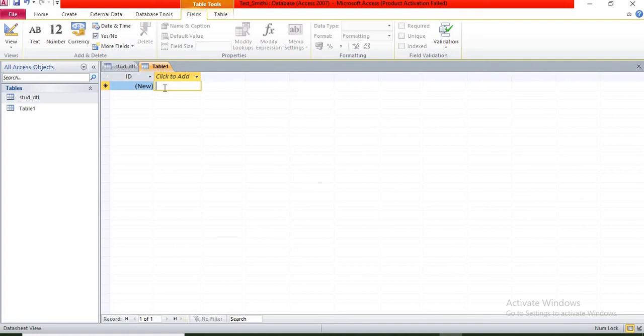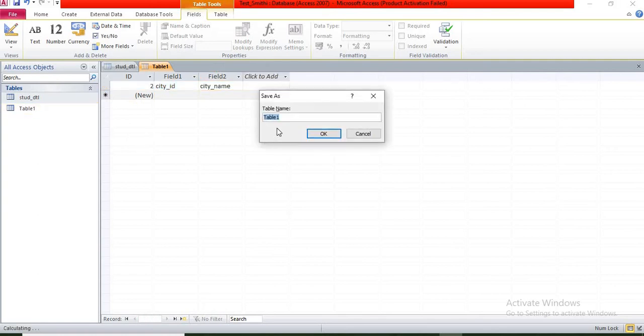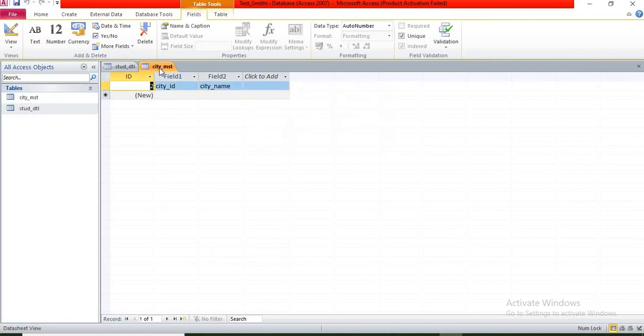Suppose I want to add a city table, so we can add some fields like city ID and city name. Now I want to save the table with the name city_MST and OK. So our city table will be added.